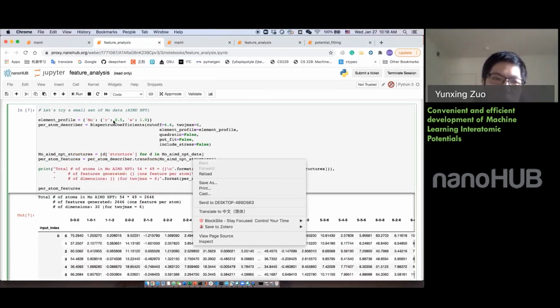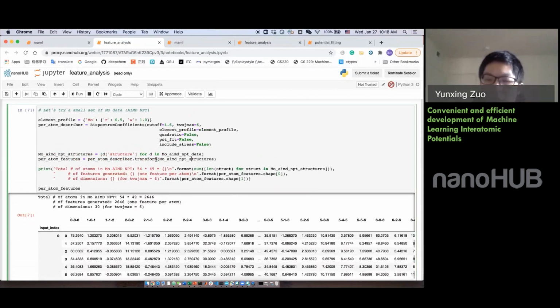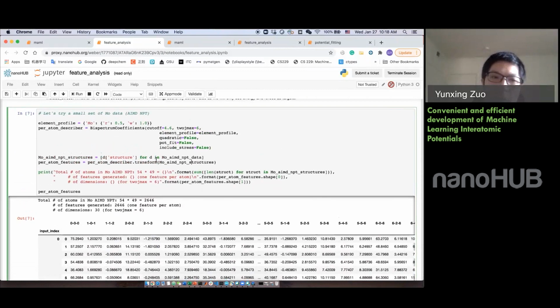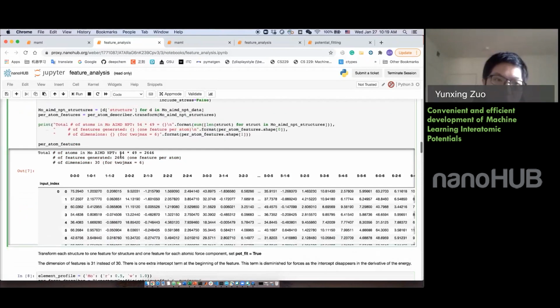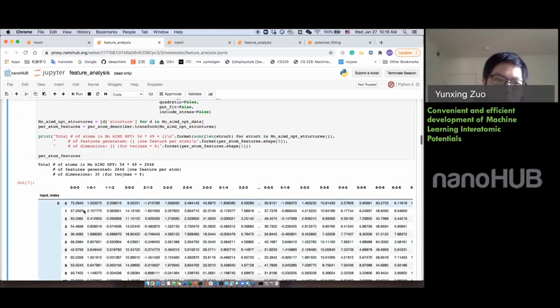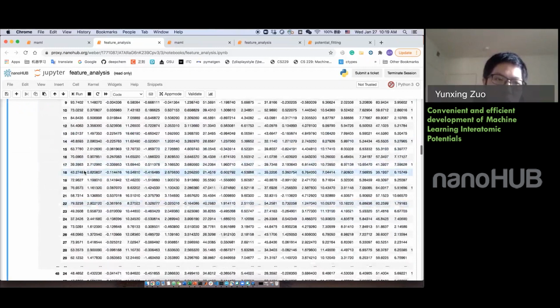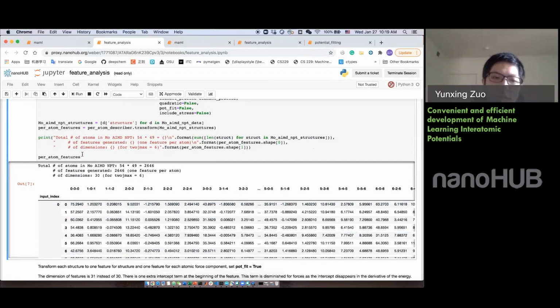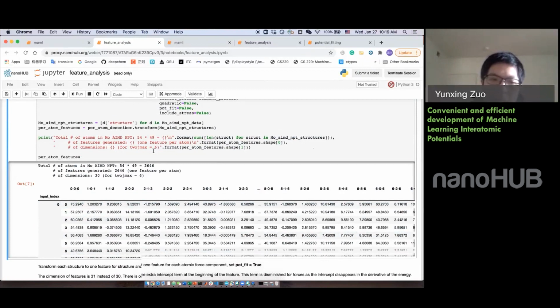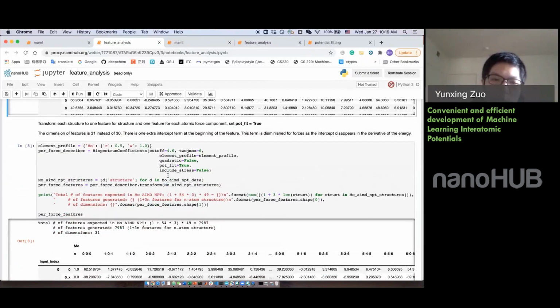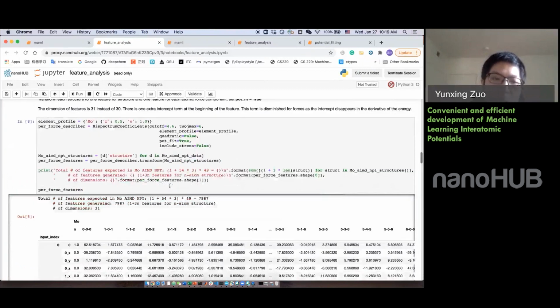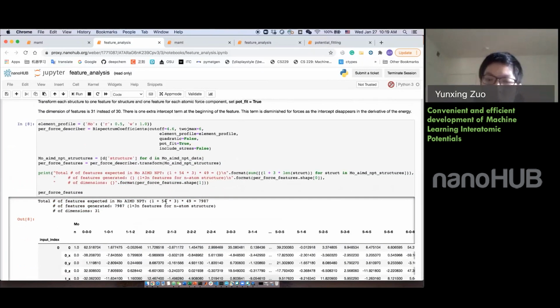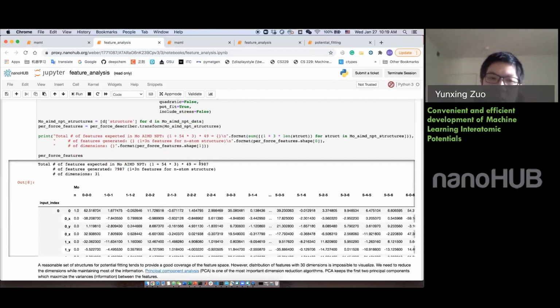If you remember, we chose the small set of the molybdenum data from the AIMD MPT. We have 49 structures in these categories, so you can see that we have structures 0 to 48. Each structure has 54 features, which means that the total number of features we generate here is 54 times 49, which is about 2,600 features. Now let's set the postfit to true. It will output 1 plus 54 times 3 features for each structure, which means that we have nearly 8,000